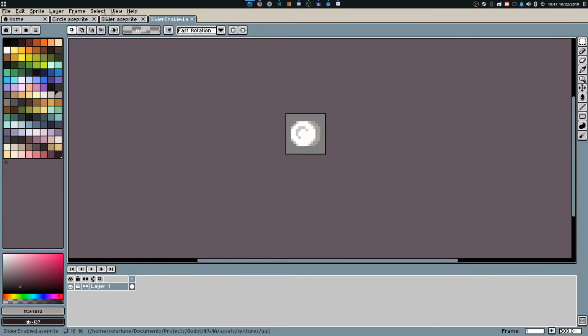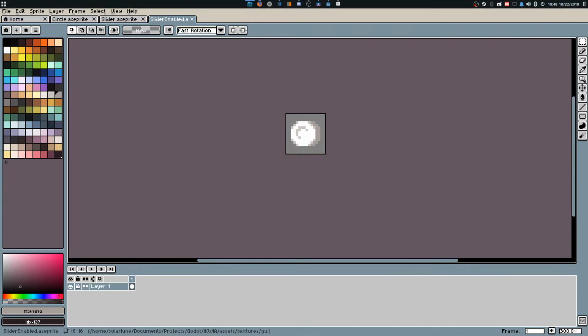Wait, this actually isn't enabled. I mean, it's just an ordinary slider. Let's see. Okay. I'm just going to grab these files I made and delete them. There we go.